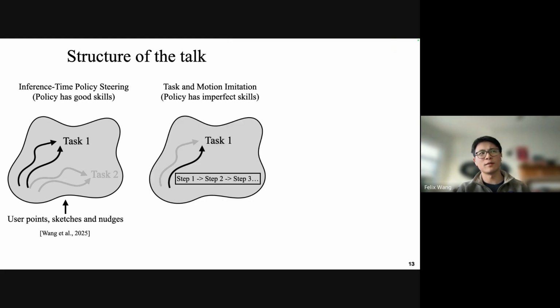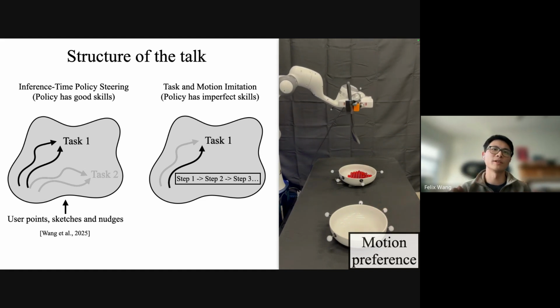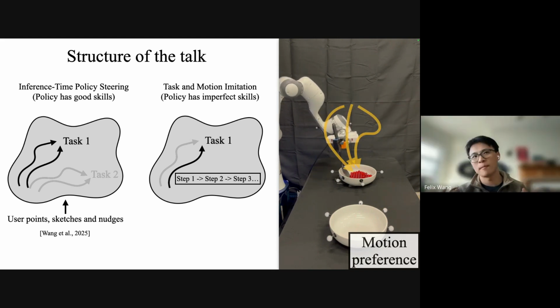The other case is when the pre-trained policy has not learned a really good skill set for a given environment. Let's say sometimes it makes a lot of mistakes. And then when the user wants to customize the behavior, especially the motions, let's say the user wants the robot to execute a task of reaching some marbles from a particular part of the state space. How do we ensure those interactions are not going to actually exacerbate the distribution shift and fail the task eventually? That is, how can we somehow improve the robustness of policy with imperfect skills? In this case, we allow users to use physical corrections or nudges to indicate motion preferences, while we allow users to monitor the process and then indicate when the robot is making a mistake so that the robot can recover from it. I call this framework task and motion imitation